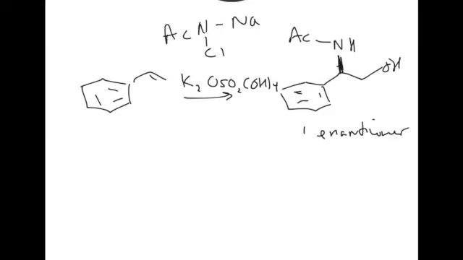So you add your amine source, you add your oxygen source, right? Your osmium, this is osmic acid, or potassium osmate. And then you need a ligand. And the ligands for these are these, HQD,